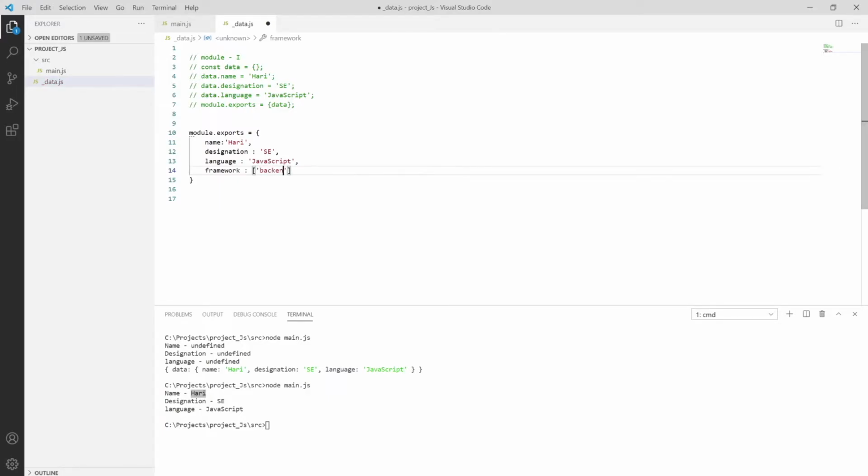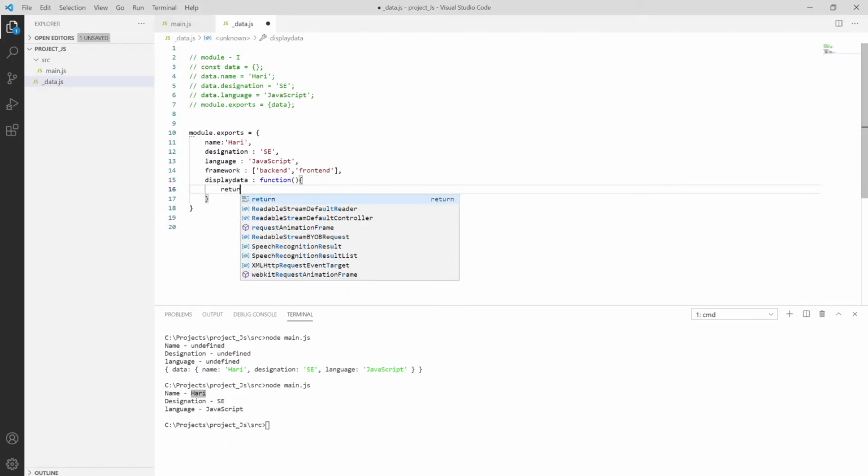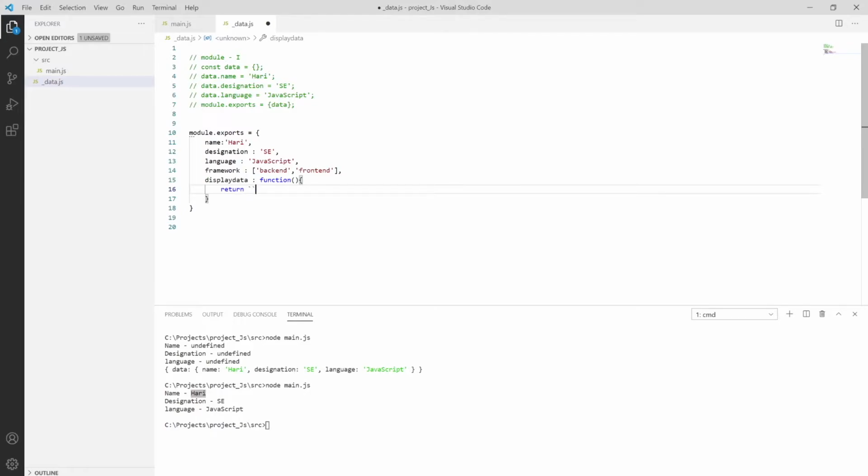we have backend, comma, frontend. After that we can create one more function, which is the displayData function, as function, and then return using interpolation.